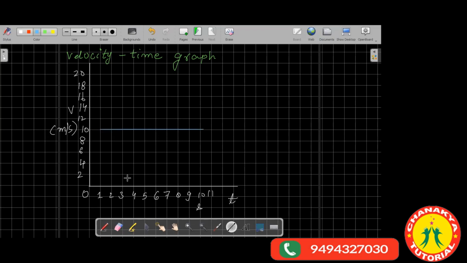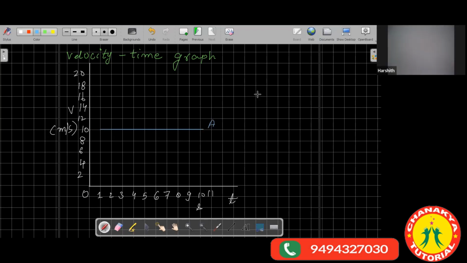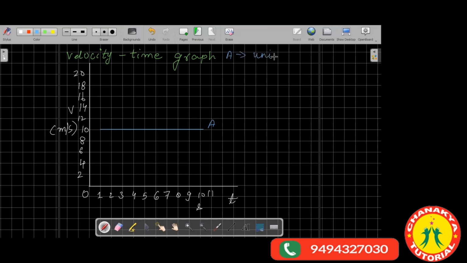What can you say about this graph? What does this graph represent? The object is having a uniform velocity of 10 meters per second. Okay, so the object is having a uniform velocity of 10 meters per second. Right? Now, if I have some graph like this, which is inclined,